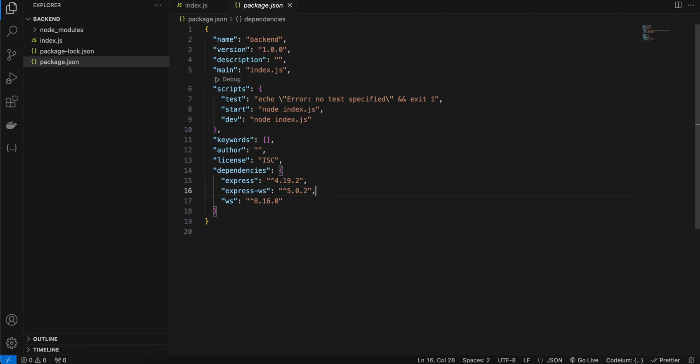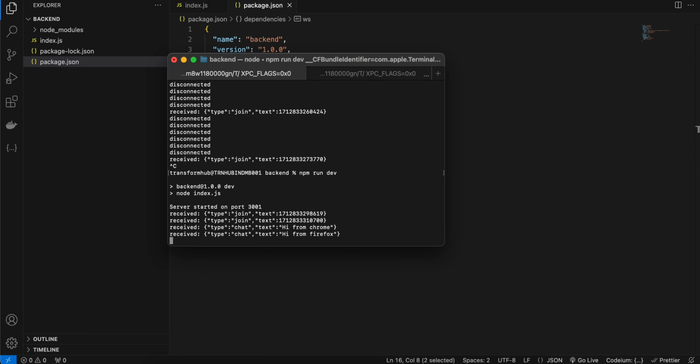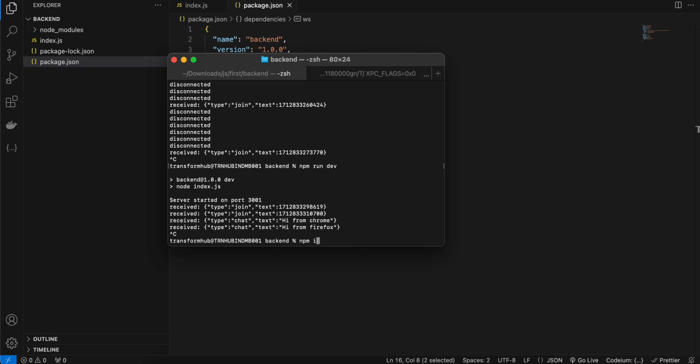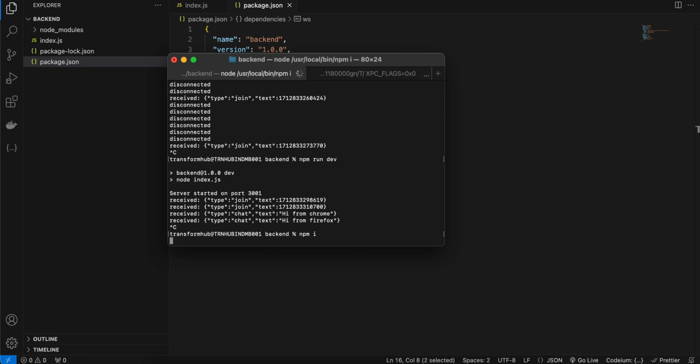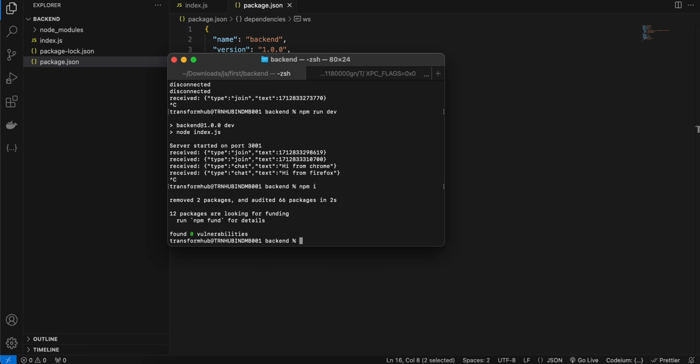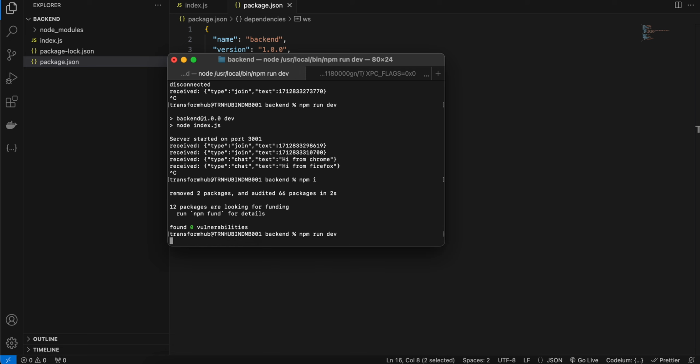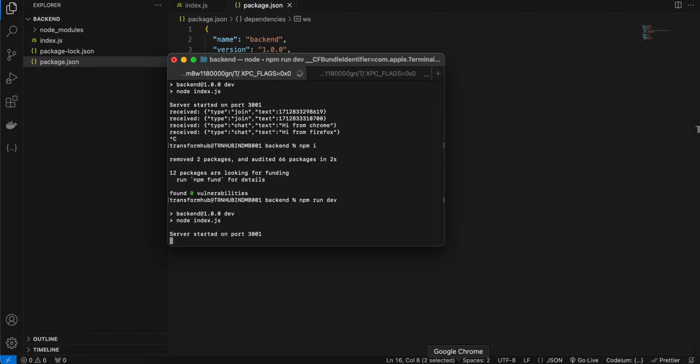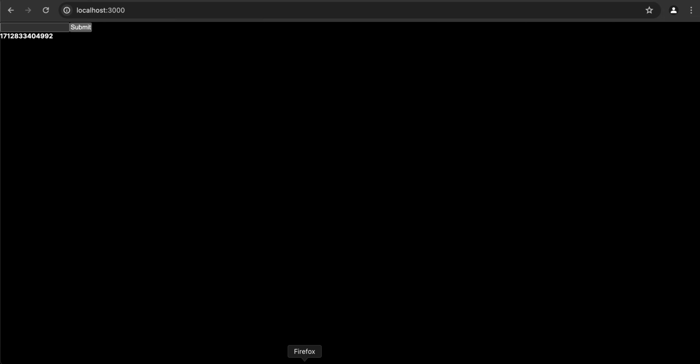We don't need expressjs, you just need ws. Express-ws we will use in the next video. So here you can just add express and ws. Let me check if it's still working or not, because I will have to do npm install again since I just removed that ws package. Hopefully it should work. I'll just reload my